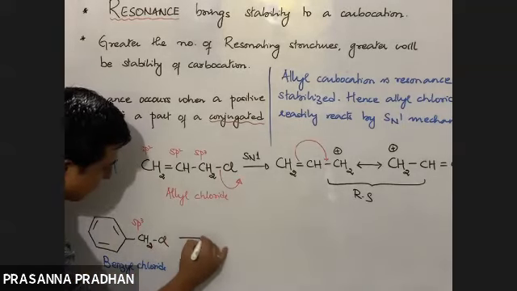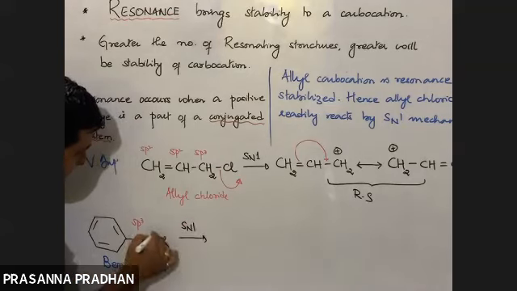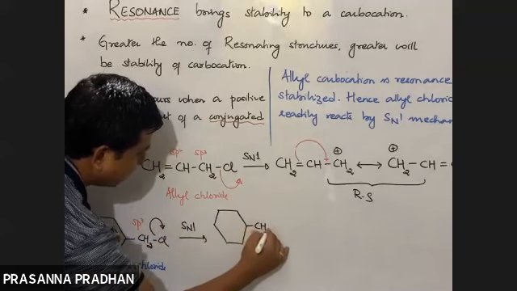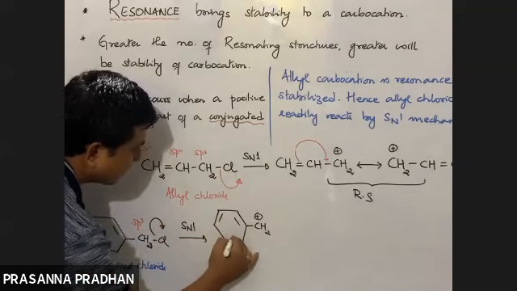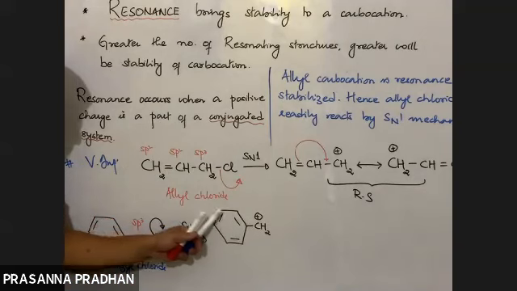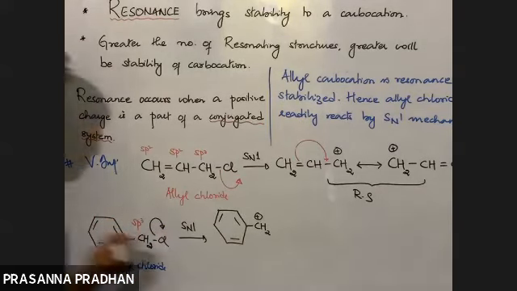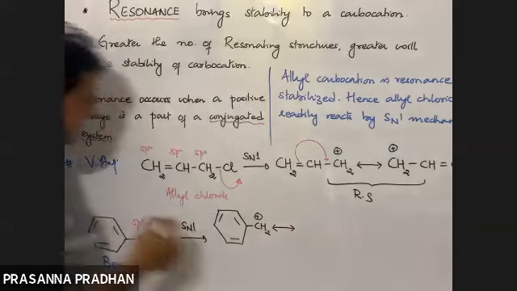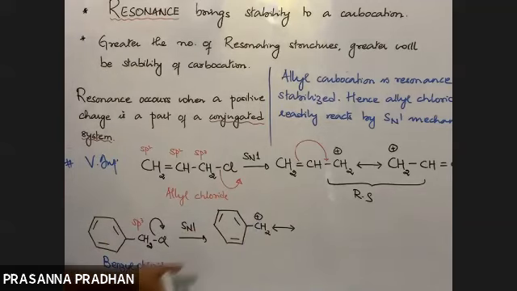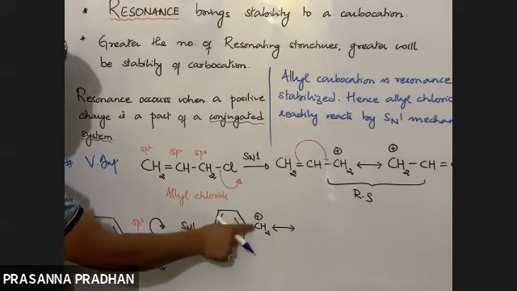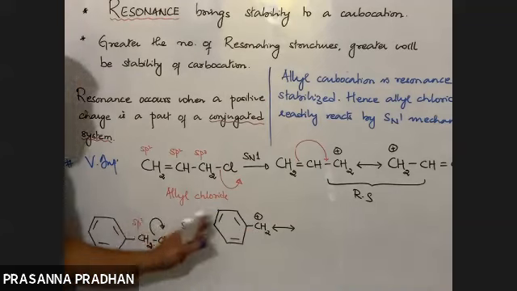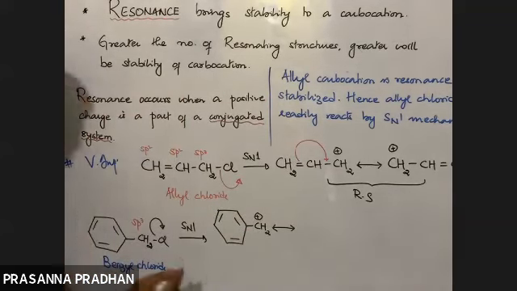So let us see. If it undergoes SN1, what will happen? Again, same thing. We get this benzyl carbocation. Now again, the positive charge is a part of a conjugated system here. So resonance will occur again. How does resonance occur? Don't worry about how to write down the resonating structures. We don't need that, I'm just explaining it. So the positive charge is a part of a conjugated system, and now we know it will be stabilized by resonance. We don't need to provide the resonating structures, but I'll show you nonetheless.